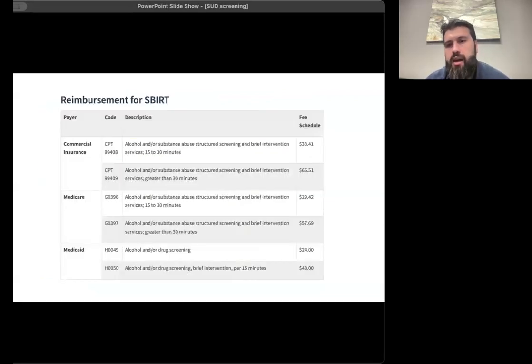And then I wouldn't be a private practice clinician if I didn't talk about reimbursement in some way. The other piece of this is that not only is it good for the patient, but there can be reimbursement associated with SBIRT. Specifically for Medicaid, the national average just for doing the alcohol and drug screening test that we talked about is about $25. But if you actually do the entire brief intervention for up to 15 minutes, you can bill that for $50, and you can do them, I think, in up to 4 intervals. Don't quote me on that. I'm not a biller and coder. But again, it could be an incentivization for you to actually do this in your clinic and figure out how to integrate it into your current workflow.